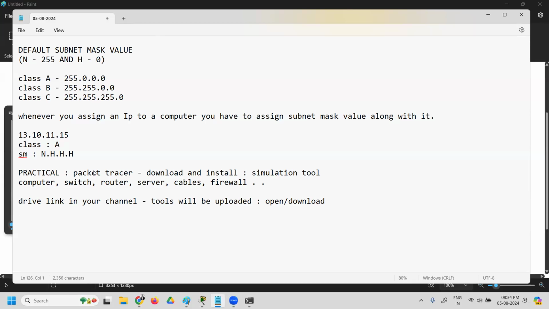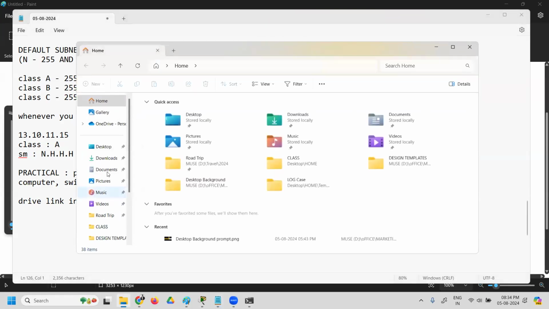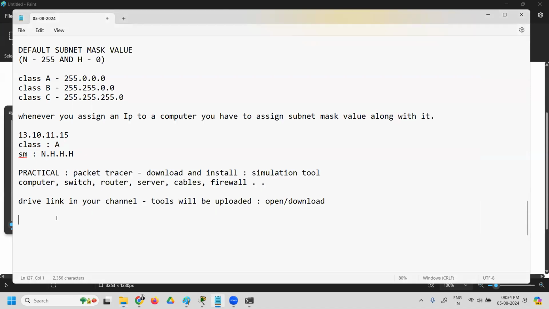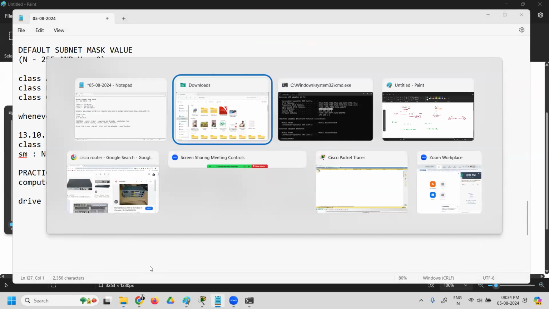I will tell you how to install also. The drive link will have the Packet Tracer tool, with two folders: one for 32-bit and another for 64-bit. You can use whichever one you have. If it is 32-bit, download 32-bit. If it is 64, download 64-bit.